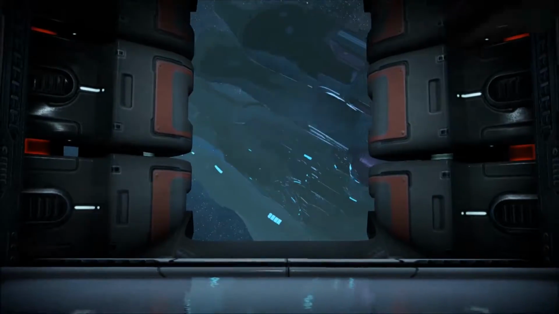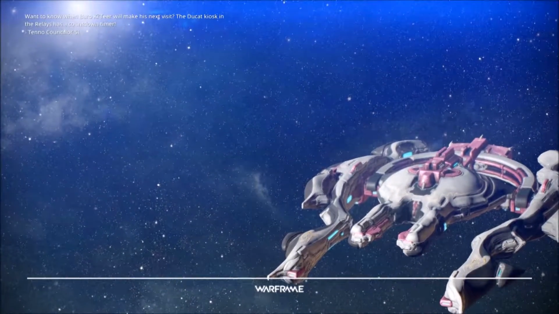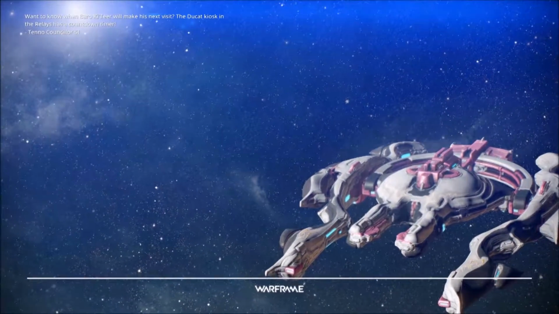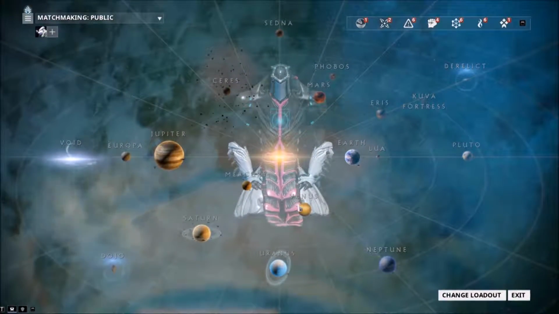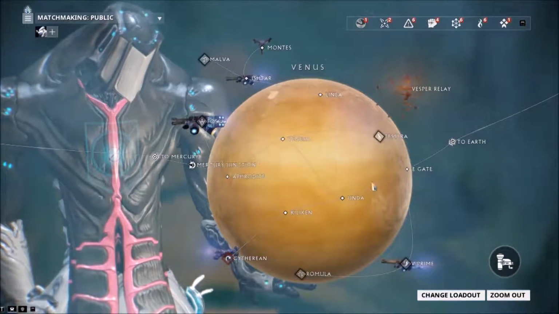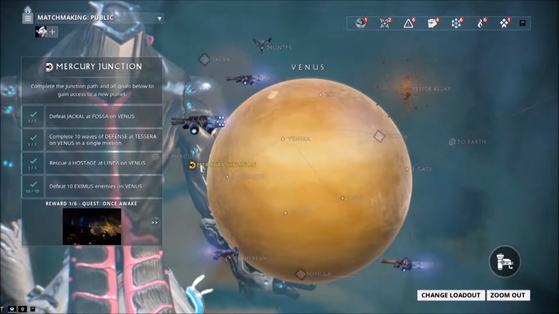Never noticed how weird that scene is without its proper music. But that will open up our navigation for, wow, my brain just stopped, for Venus, Mercury, whatever one it was. So, Venus. So then we can go here, we click to Venus, it will bring us to Venus, or you can just click on Venus itself. And then you do all the stuff through here, making your way all the way to the Mercury Junction, and